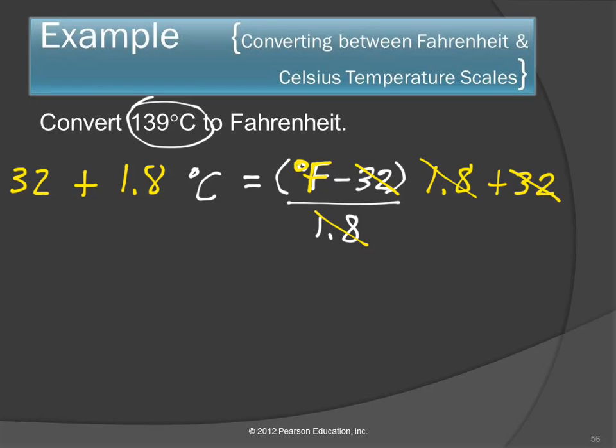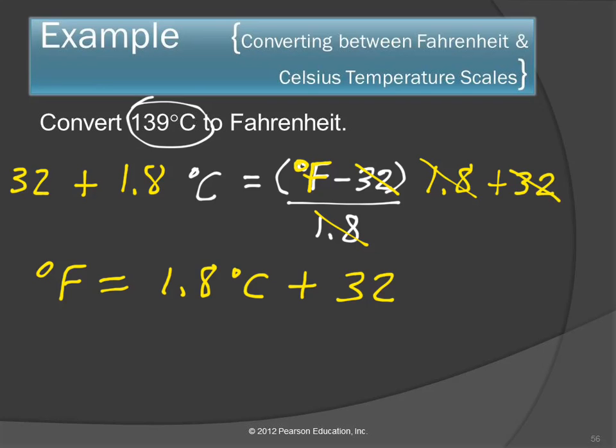So that's kind of a messy thing, so I'm going to rewrite it. The Fahrenheit temperature will equal 1.8 times the Celsius temperature plus 32. And I switched the order there just because it makes it more convenient to do on a calculator, because 1 plus 2 is the same as 2 plus 1.